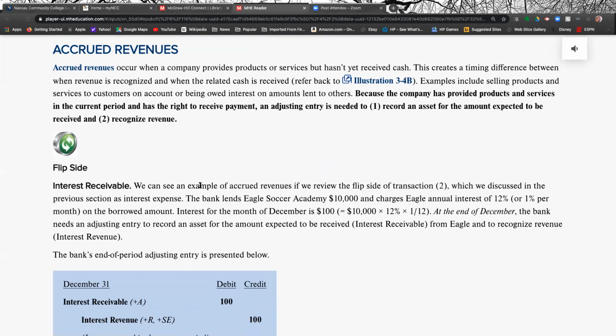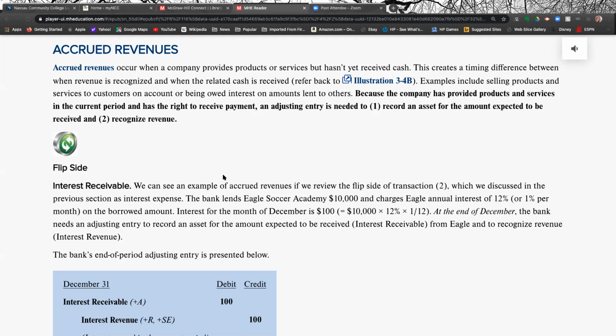Right? Accrued revenue. A company has provided a product or service but hasn't gotten paid yet. So as soon as you recognize that you have a right to receive the payment, you have to make this adjusting entry. You debit an asset account and credit revenue. The asset account is going to be a receivable account, like accounts receivable, right? Now, here's an example